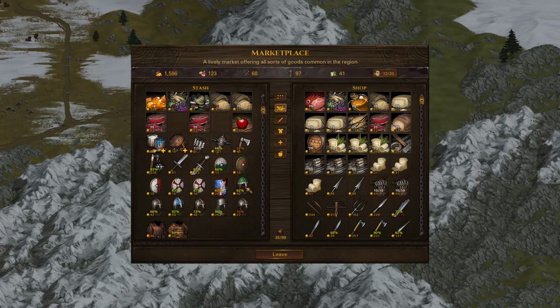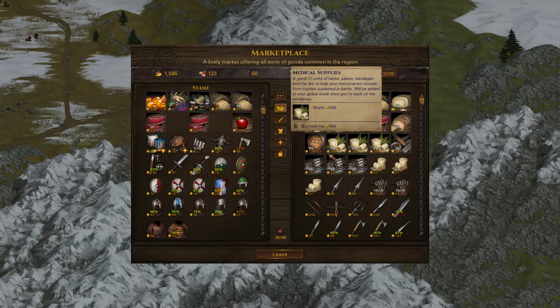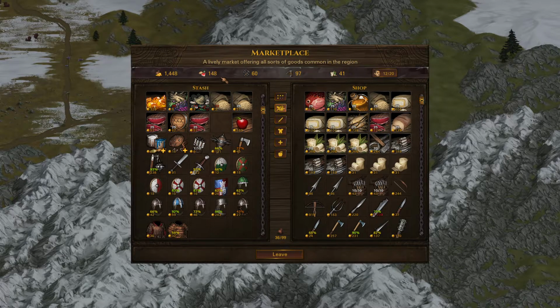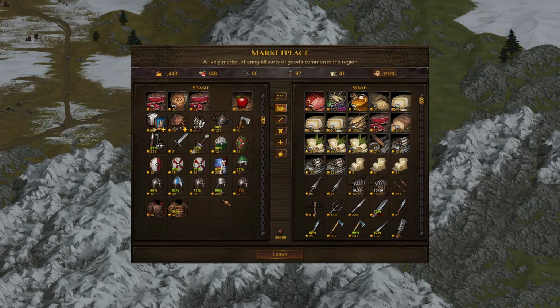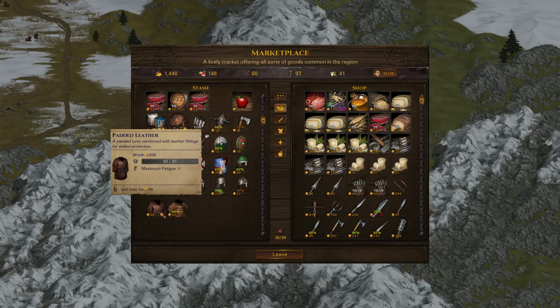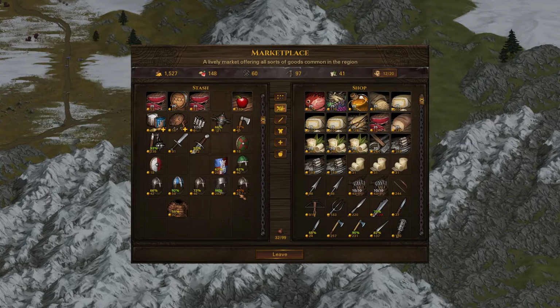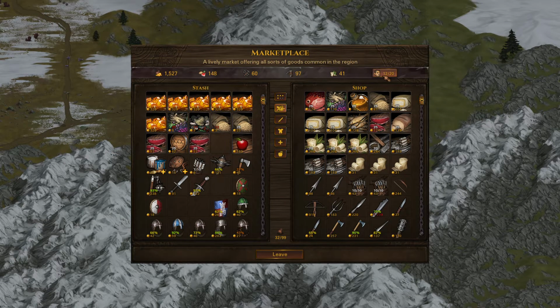Tool prices here are not bad. Ammunition and medical supplies are very expensive. I think we're going to grab some beer. And perhaps something else in a moment here. We'll sell this padded leather. We'll sell off a few of these broken shields. And before I accidentally do something stupid,